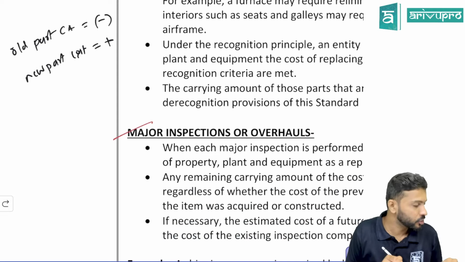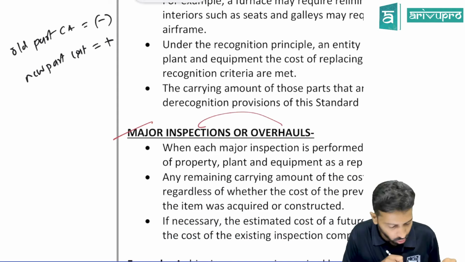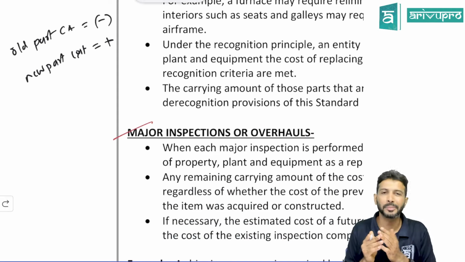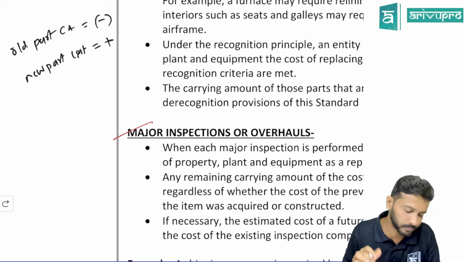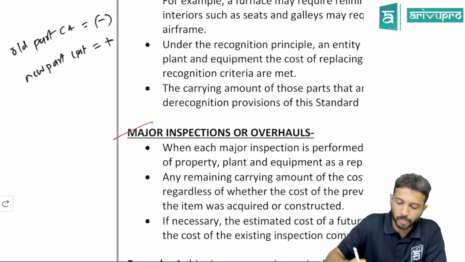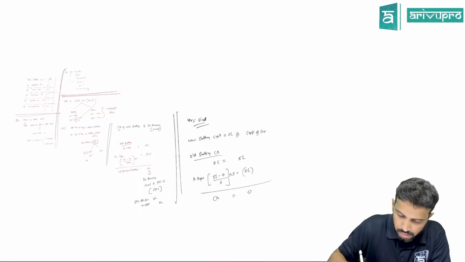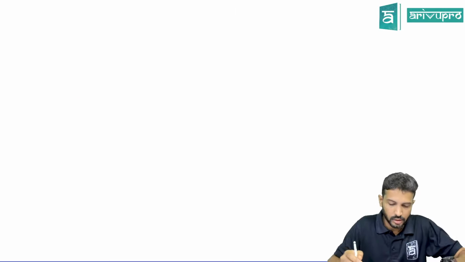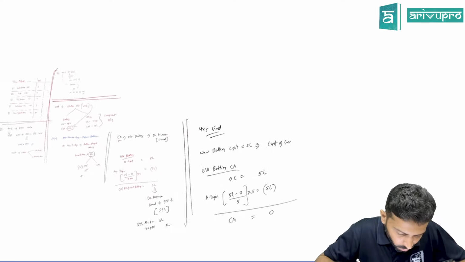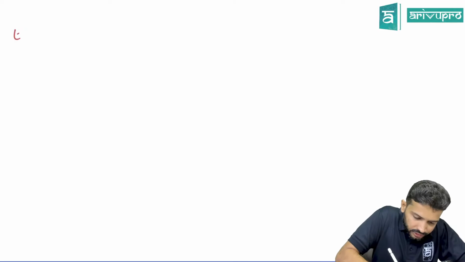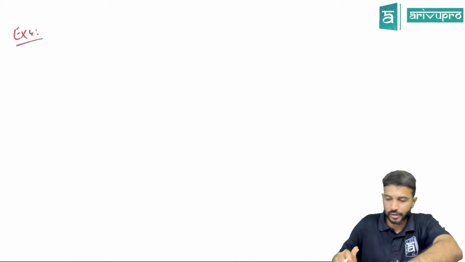Major inspections or overhauls. Inspection charges are called overhauls. To overhaul something means to inspect something. Now, let me give you a small example for this. Maybe we'll take it up here. Example number 4. Example 4. So suppose